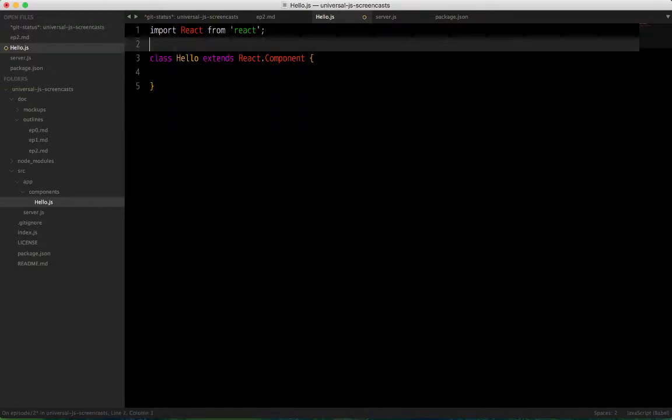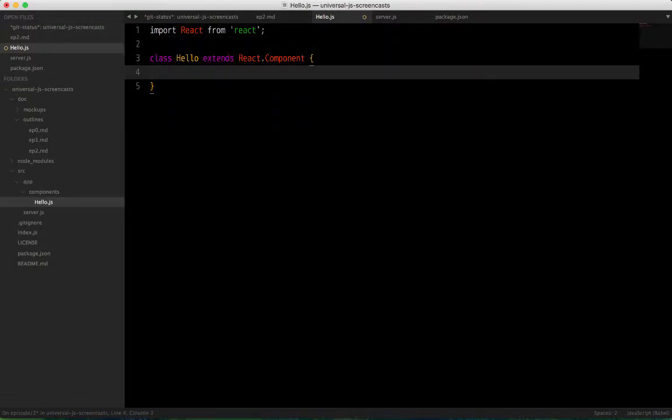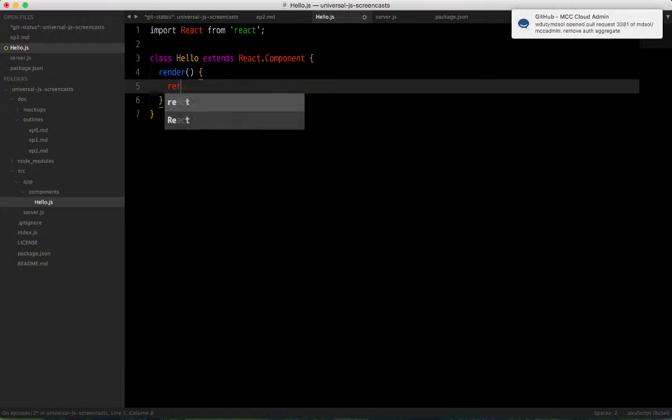As a matter of fact, one of the main things it's used for now is that it understands the React JSX syntax. So a React component only has one required method, and that is render. And so then you return